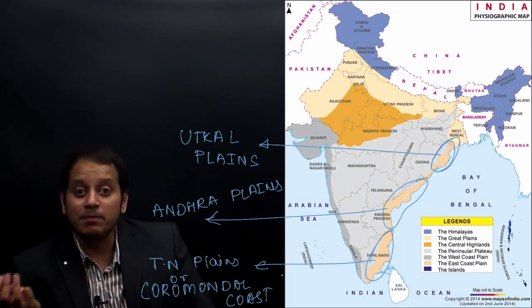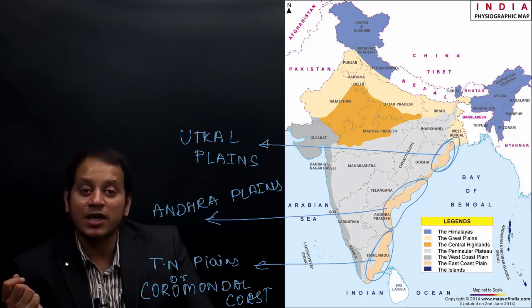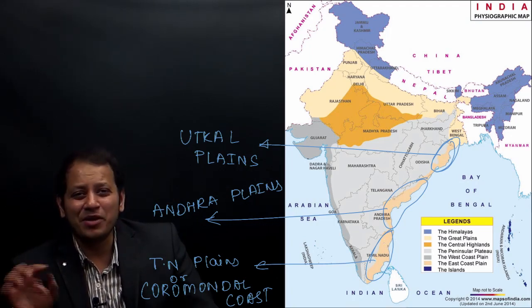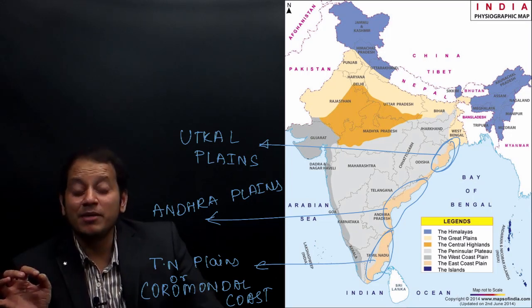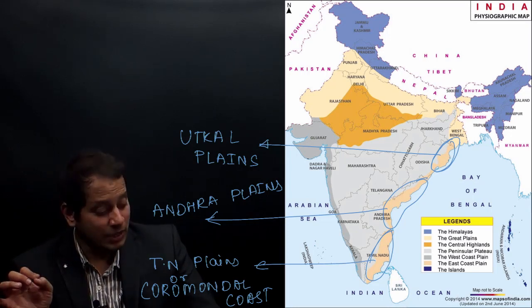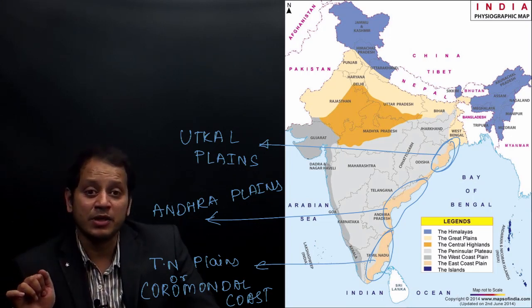The important plains from the exam point of view: map pointing is important in the Kutch and Kathiawar region. Map pointing is important in the Kerala region. Tamil Nadu plains are important because they are fed by the river Kaveri. Andhra plains are important because you have two important lakes over here, Pulikat Lake and Kolleru Lake. And the Orissa plain is important because you have Chilka Lake over here.